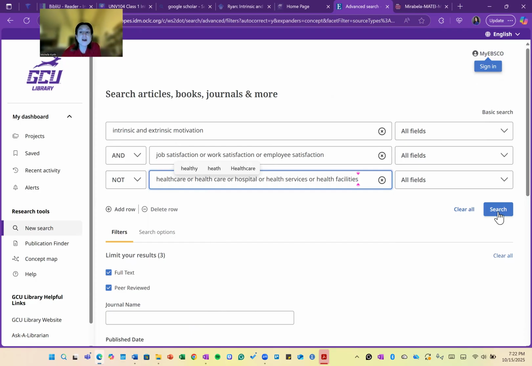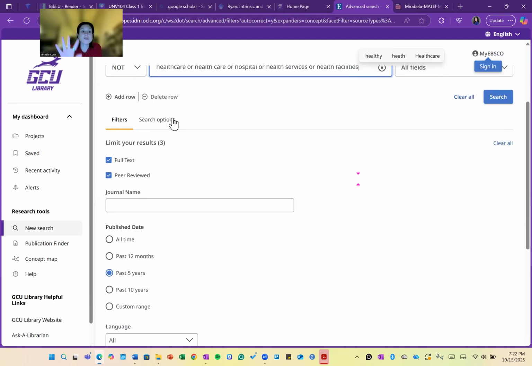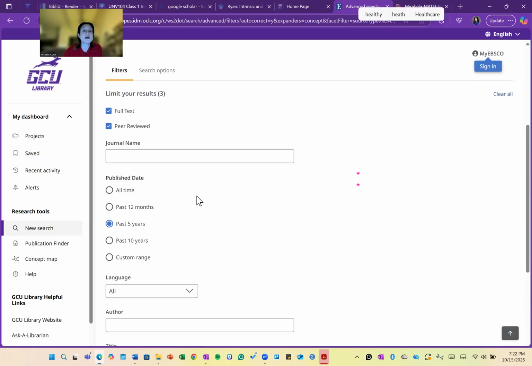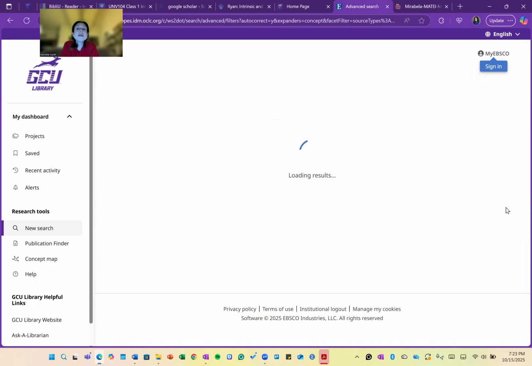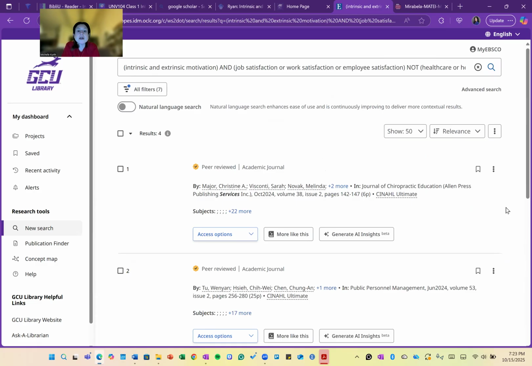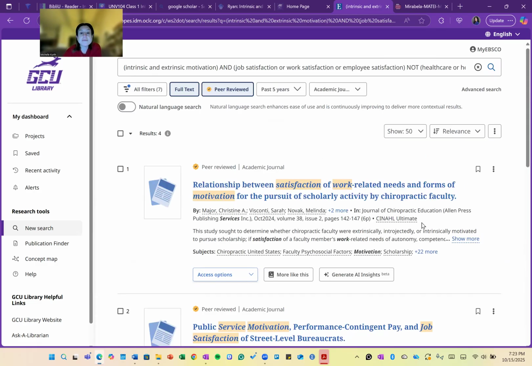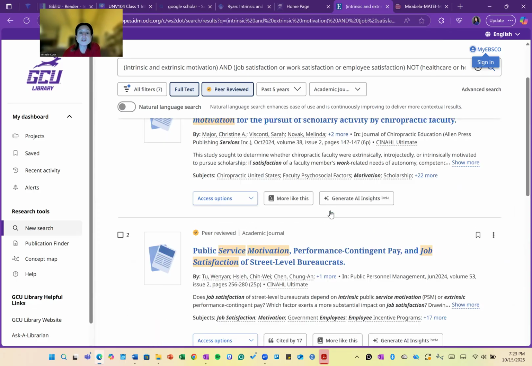Now, if I go ahead and I hit search, and the rest of them are limited, right? So the rest of the filters don't change. It's still full text peer reviewed. It's still 5 years. I can filter the language again, but let's keep it as is and let's hit search. And you'll see kind of what the difference is. So you'll see that either in the abstract or the keywords or the subjects, you will see some of these words pop up in the titles. Okay. So let's do,